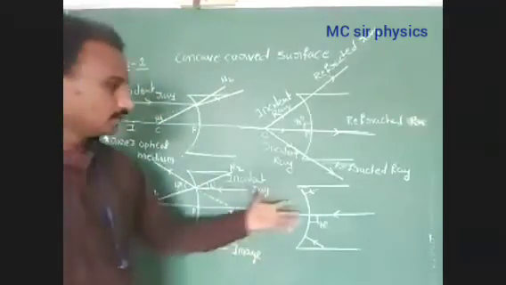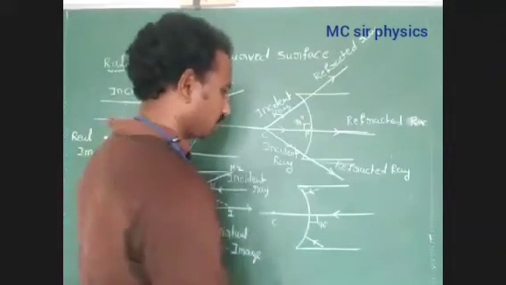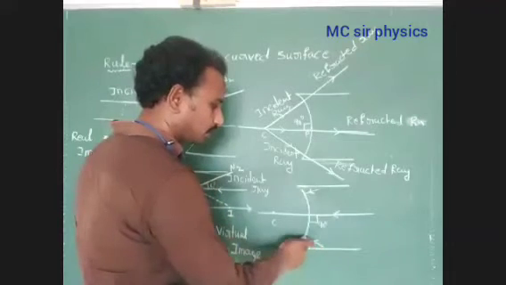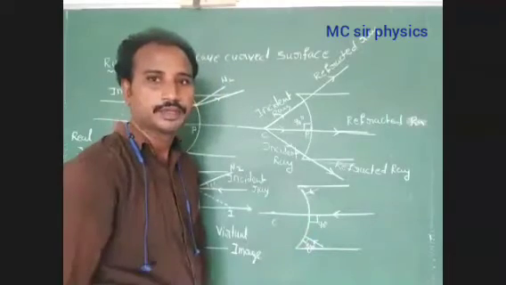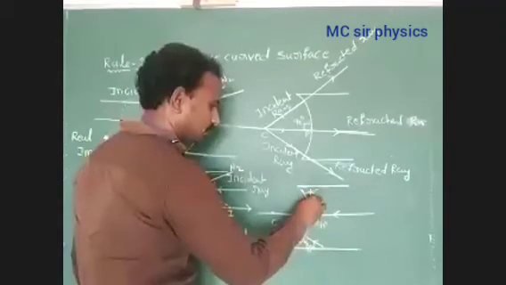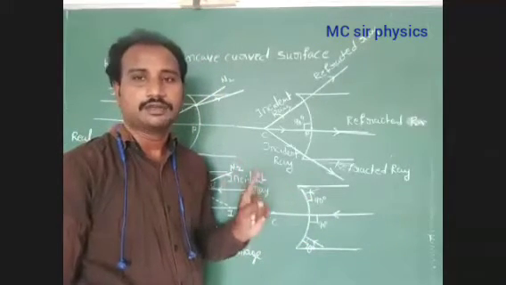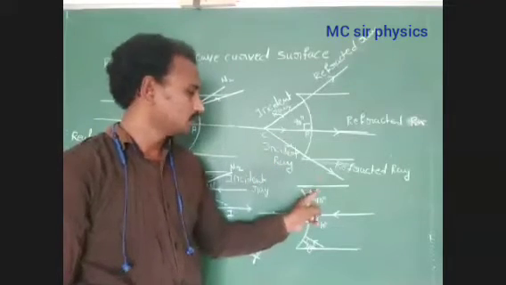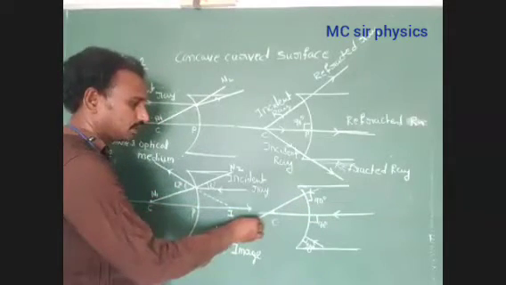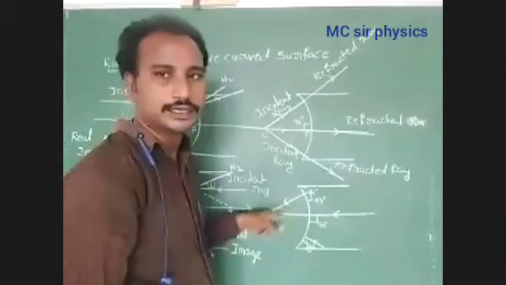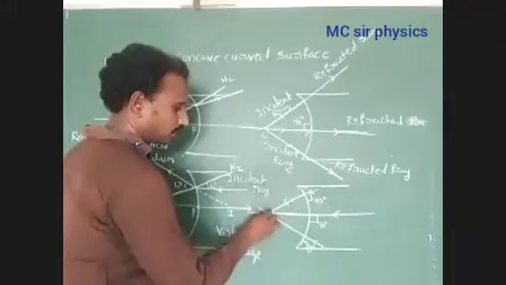Understood? Next, we are discussing rule 4. Here, just identify: this represents the incident ray, here also an incident ray. Here the incident ray makes 90 degrees with respect to the normal. What is that angle? 90 degrees. Then the refracted ray cannot deviate. It follows the incident ray direction, a straight line path. We represent the refracted ray direction along the incident ray direction.